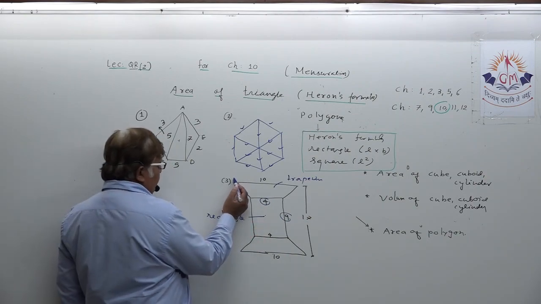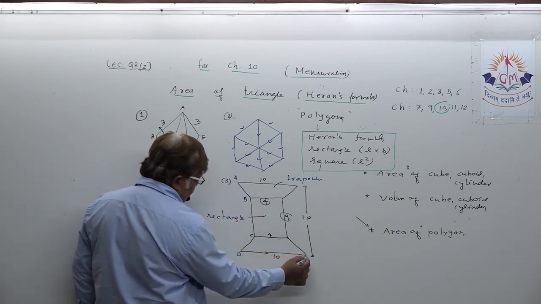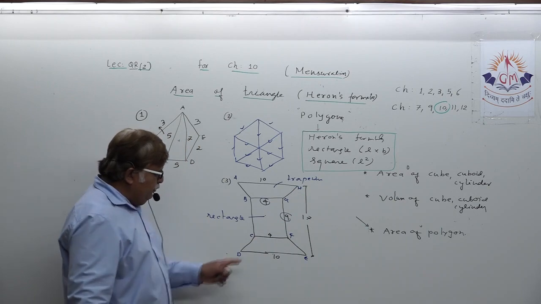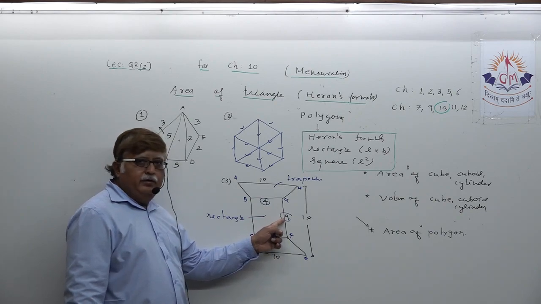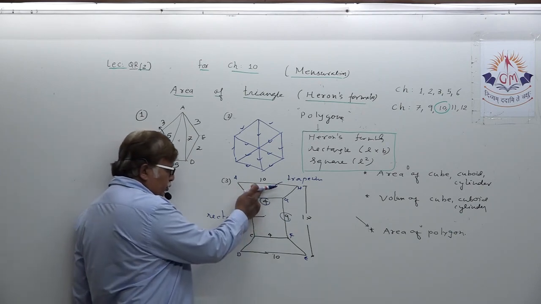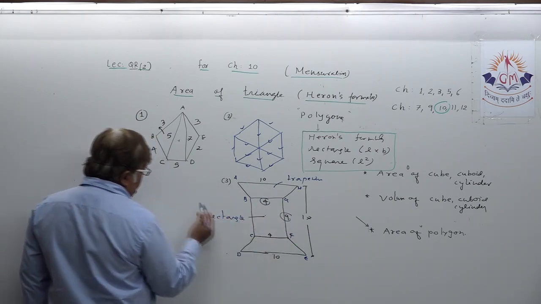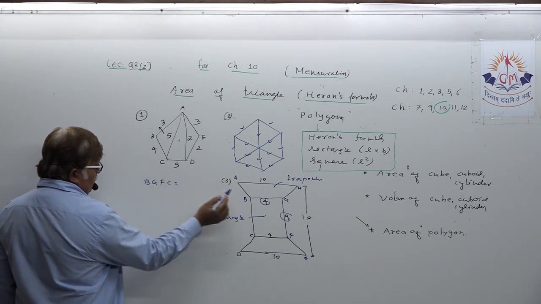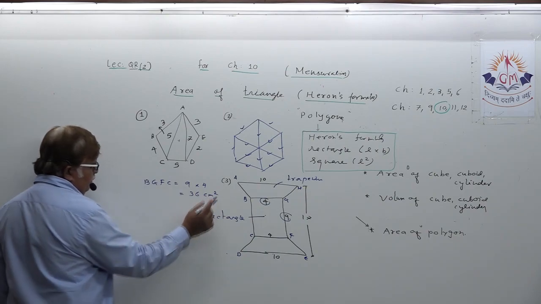To mention the name, you can say, suppose this is A, B, C, D, E, F, G, H. So first you can find the area of rectangle BCFG by taking the formula length into breadth. Now comes the question of finding area of 2 trapezium. Both are similar. Area of rectangle BGFC, length into breadth, 9 into 4. What is that? 36 square centimeter.